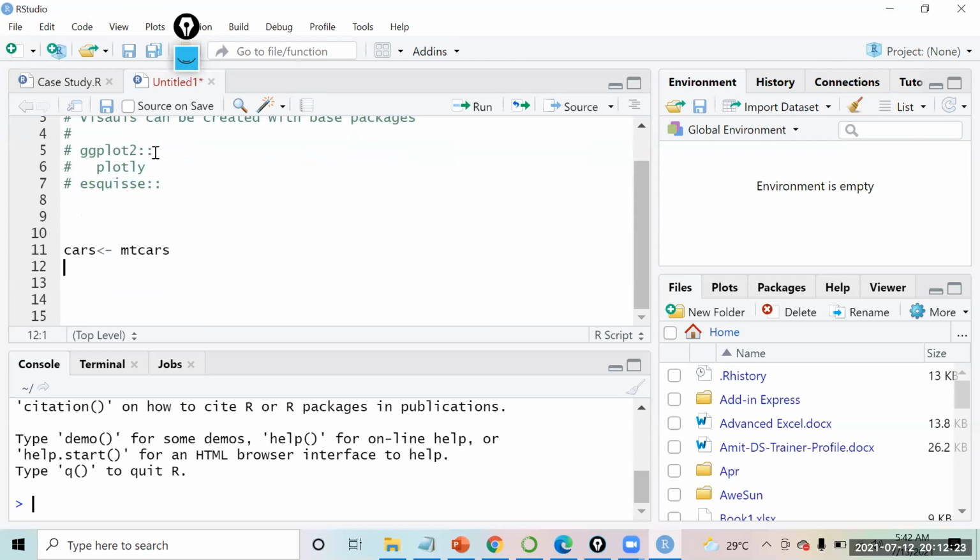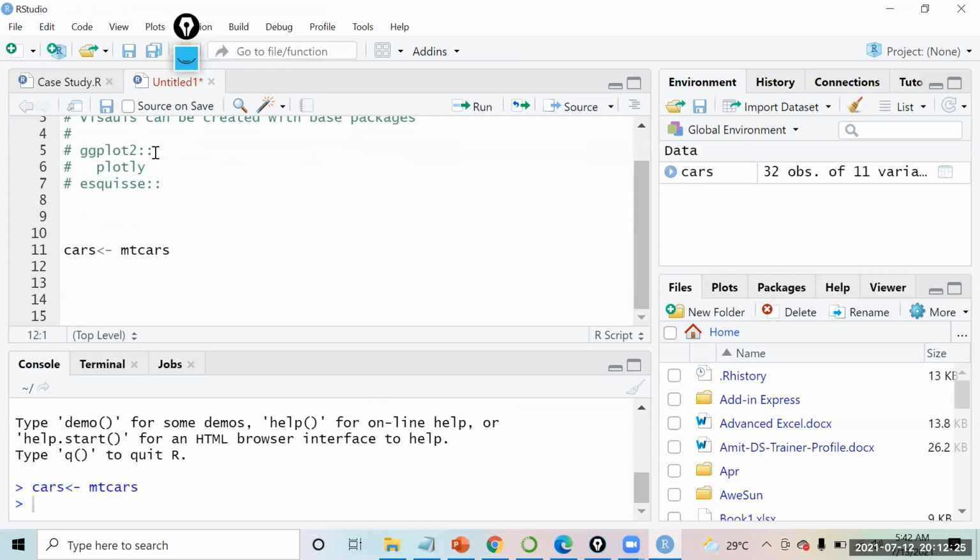Right. So we have the dataset mtcars. I will use the dataset for now, and I will start with a very basic function in R, that is plot.